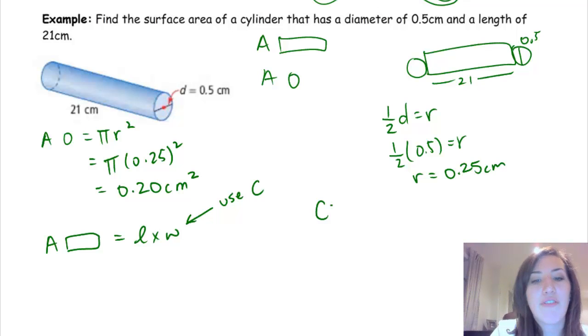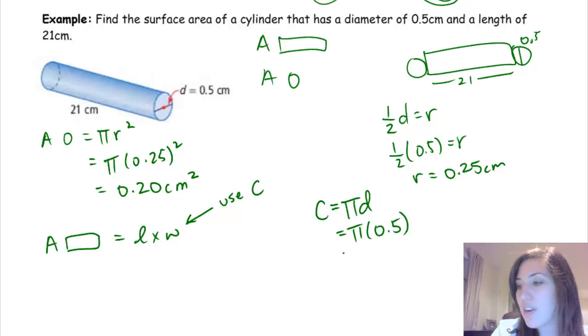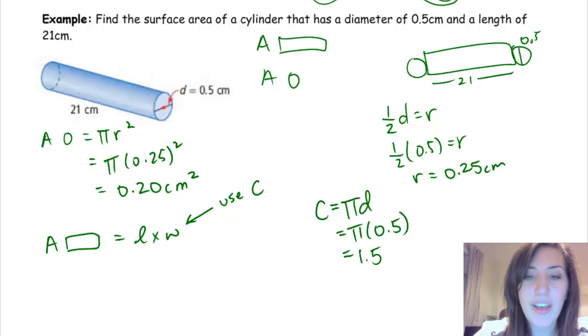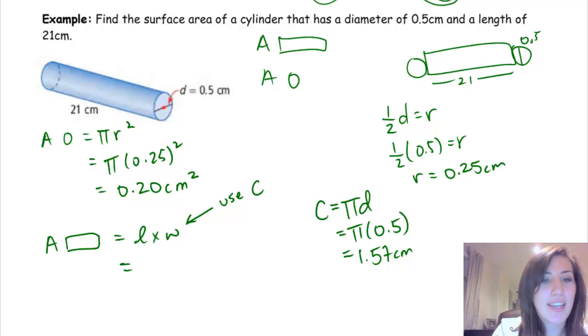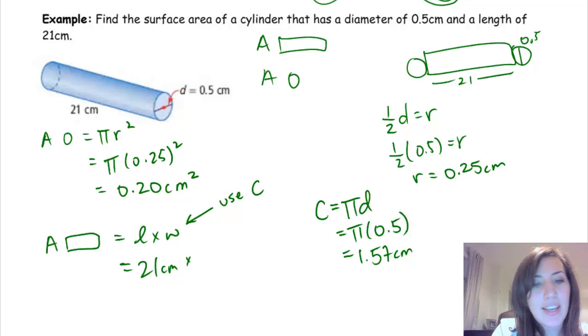We know that the circumference equals pi times diameter, and we know that the diameter is 0.5 centimeters. So our circumference should be pi times 0.5, and that value is 1.57 centimeters. Now we can plug this in here. So the length is 21 centimeters and the width is 1.57 centimeters, and if you plug that in, you should get a value of